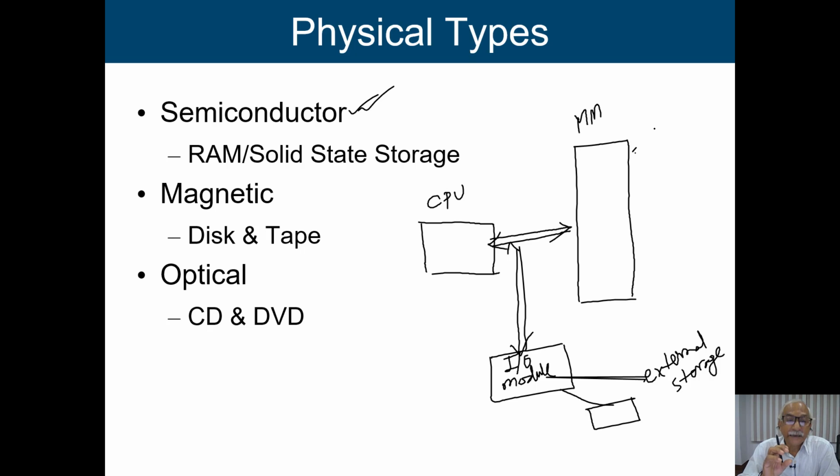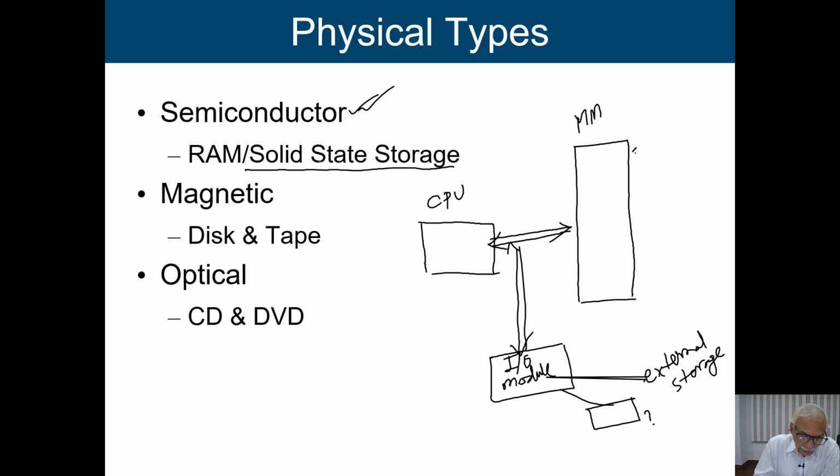Generally, the main memory is volatile in nature. Once you switch off the machine, whatever contents we have there go off. But the pen drive or solid state storage is permanent storage. Though it is made up of semiconductor devices, somehow we make it a permanent device. So some external devices may be solid state storage or a pen drive.